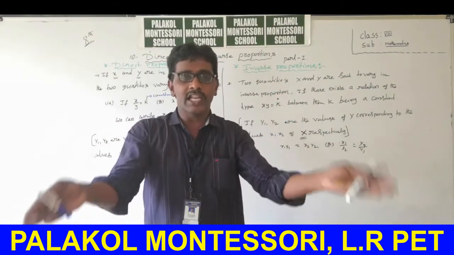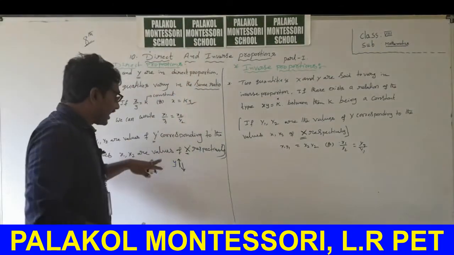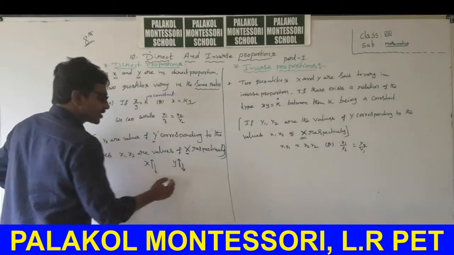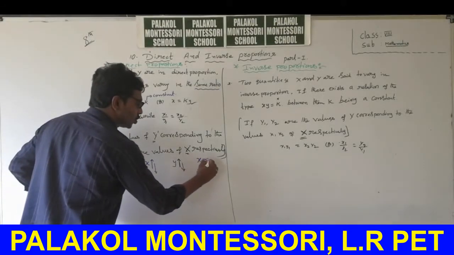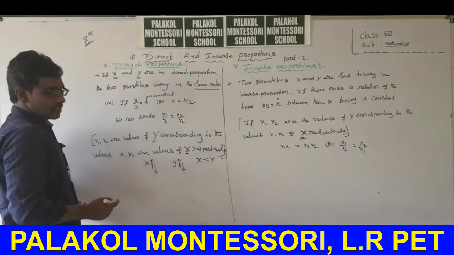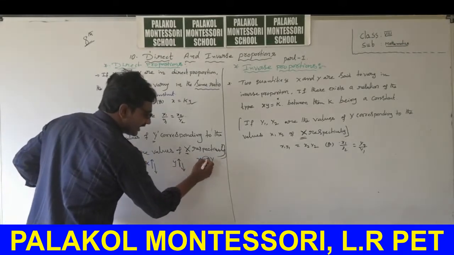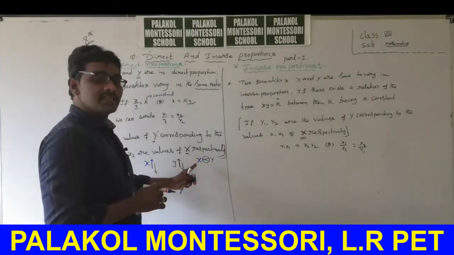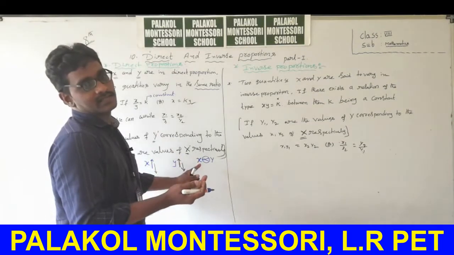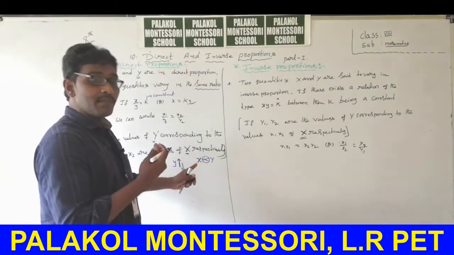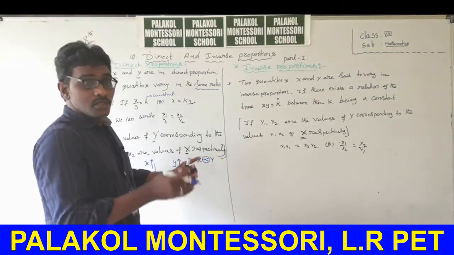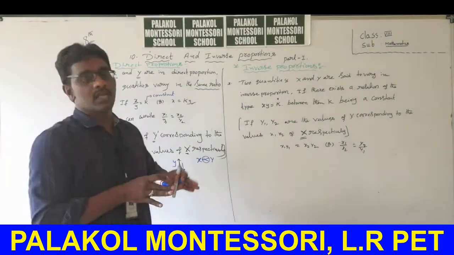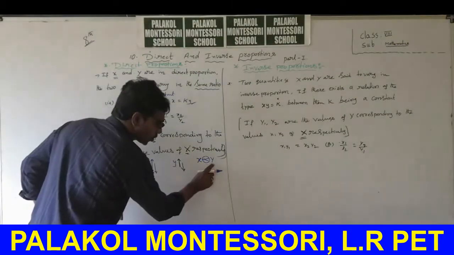So according to this relation, mathematically it is directly proportional. How do you write it in symbolic form? That is, x is proportional to y. Is it clear? So what does the symbol indicate in this case? Direct proportionality. If x increases, at the same time y also increases. If y decreases, at the same time x also decreases. So how do we represent that relation in mathematics? That is directly proportional. So, x is directly proportional to y.